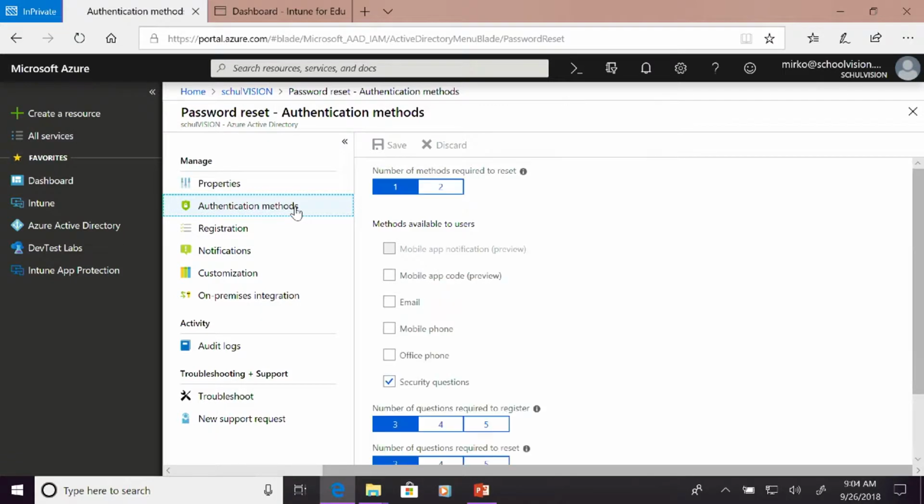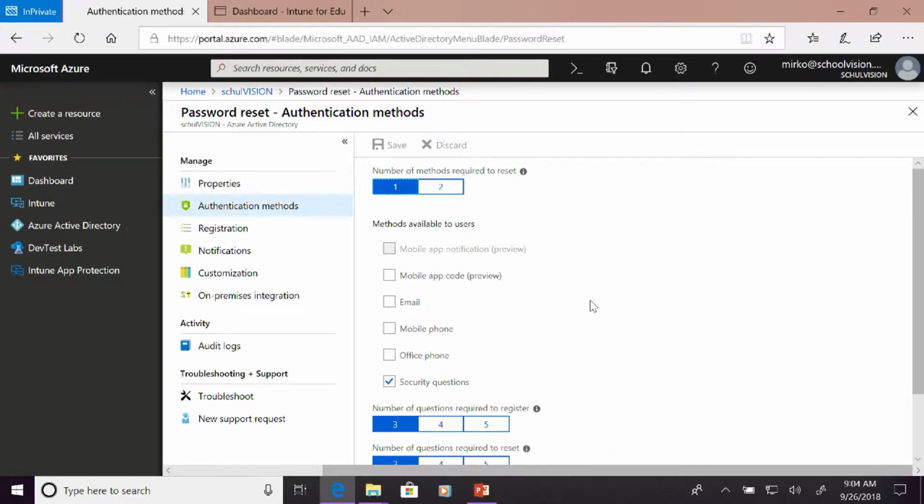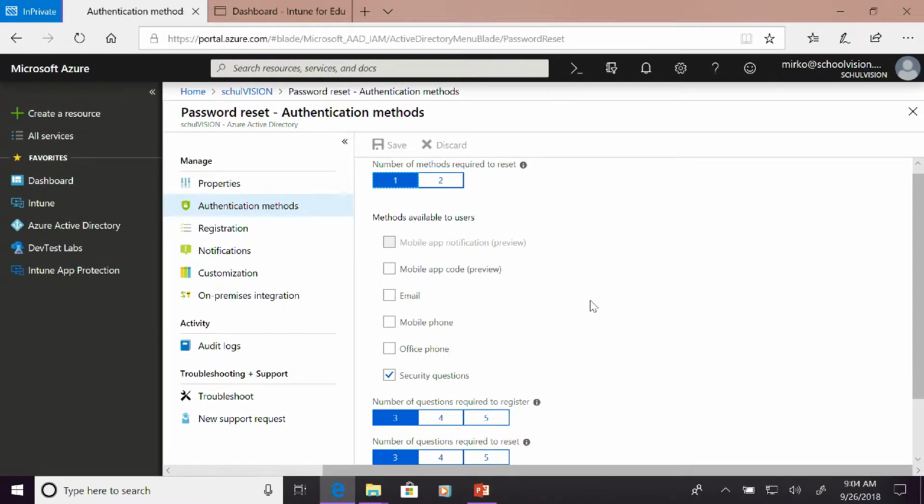In the authentication methods we selected the last option, the security answer, so the kids know where they grew up or where they were born or something like that. You can choose your own questions. We have just one method required to reset, the security question.